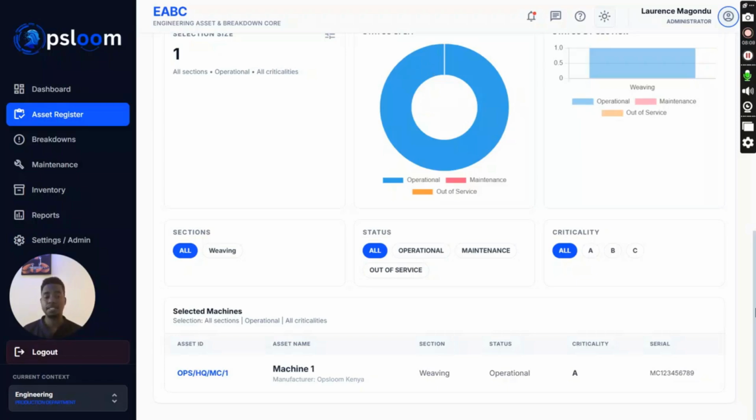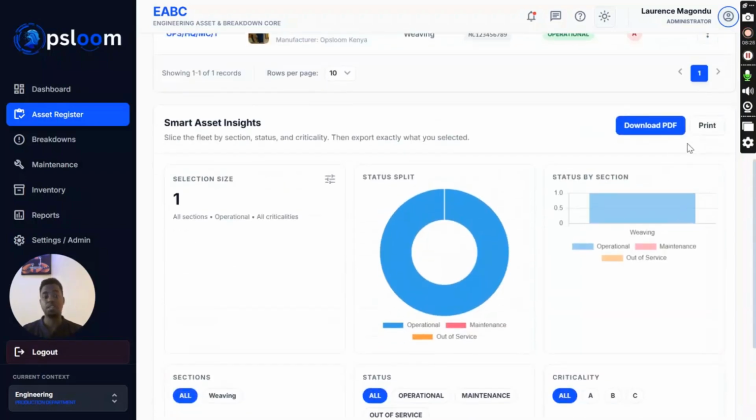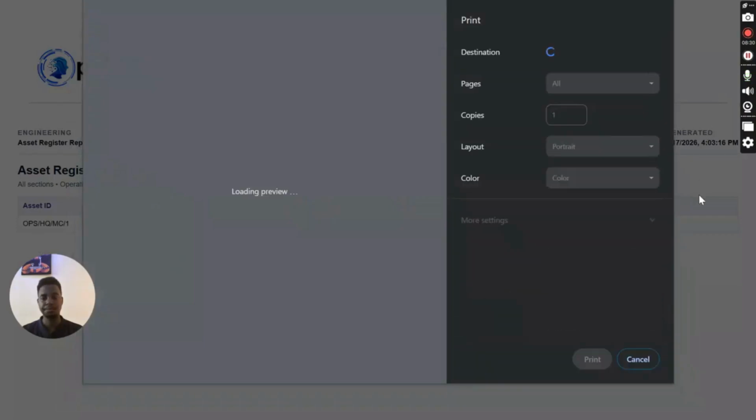So for instance, your manager asks you, I want a report of all the machines that are currently under maintenance in section maybe weaving or milling. If you choose the section and you choose the ones that are under maintenance, you can print that out. Let's just print this because it's the only machine we have. If you print it,